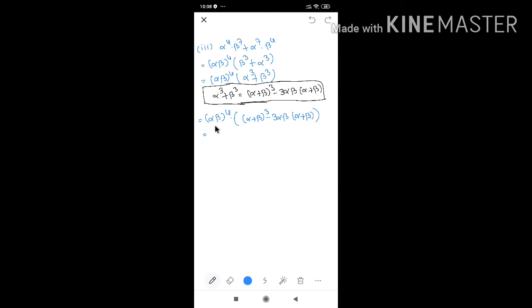We know the value of alpha beta, product of the roots, c by a, that whole power 4. Alpha plus beta, sum of the roots, minus b by a whole cube, minus 3c by a into minus b by a